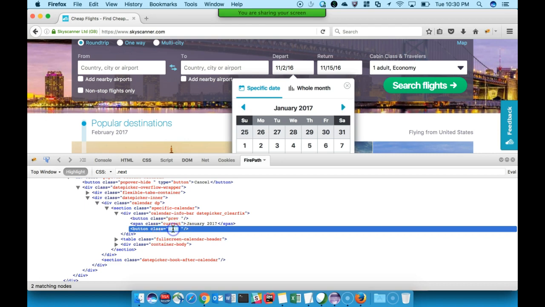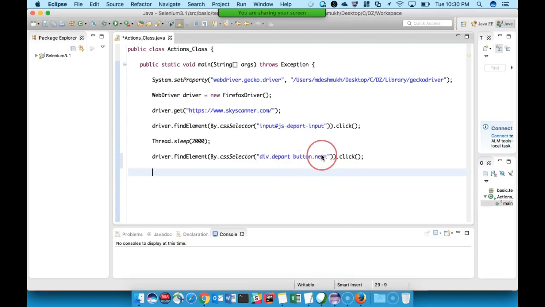It is not just next, but there is a space. So instead of making it dot next, I want to take it inside the contains method. The way we use it is class star equals next, and when we use it in this fashion, it doesn't matter if it is just next or next with a space, all it needs is next inside the class attribute.